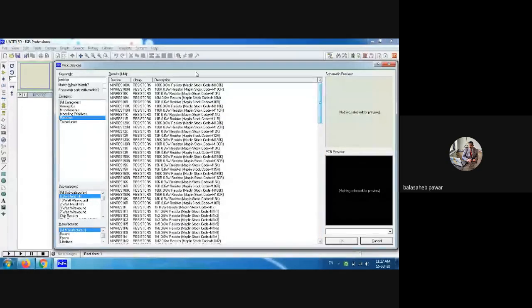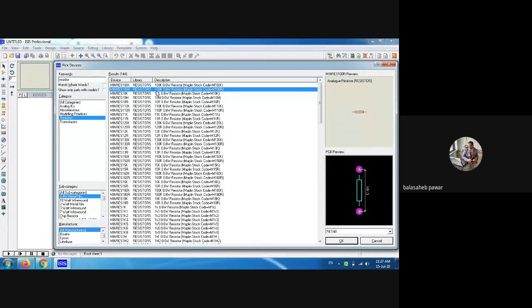So see, the first one that I highlighted in that library is written as 100 kilo ohm and 0.6 watt resistor. The second one is written as 100R. That 100R, R stands for just ohm.